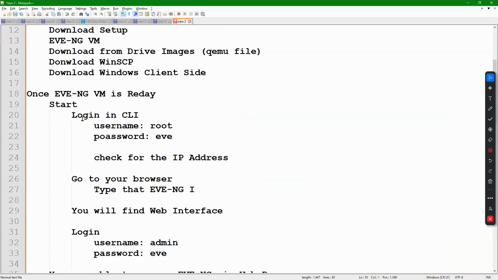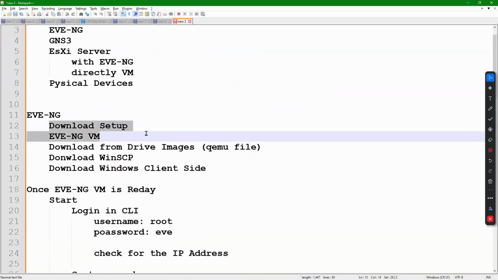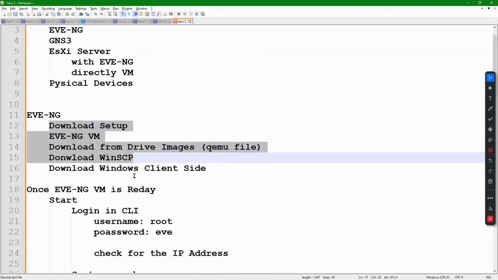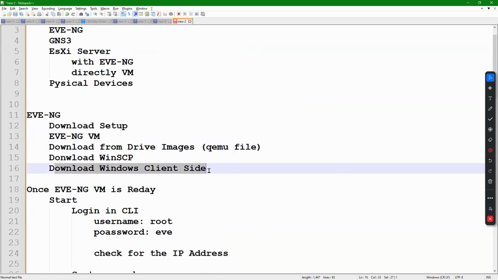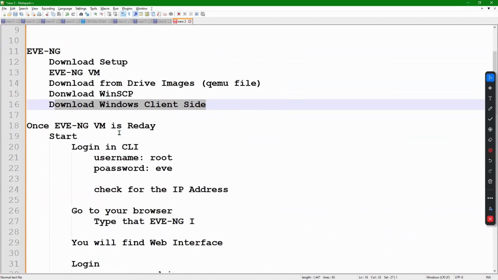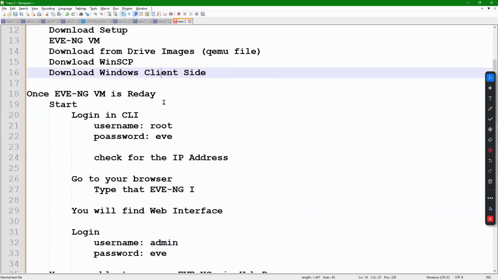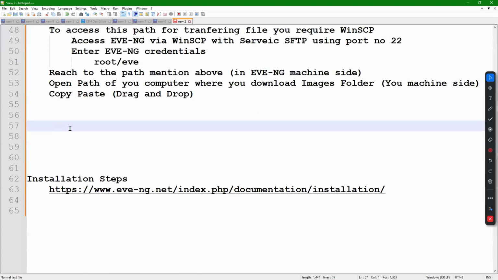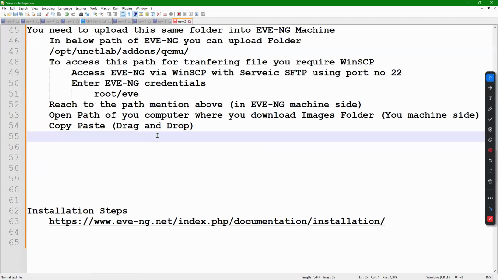Okay. So now understand the sequence. This done, this done, this done, and this done. Now what? You just require one client-side software, so you can use that image, that console. That you need to download separately. There is nothing else. You just require this software. In EVNG, you don't need to do anything. This is your EVNG installation process done. There is no separate image installation process. Just EVNG installation, and the image you need to attach in the right path with the right folder name.